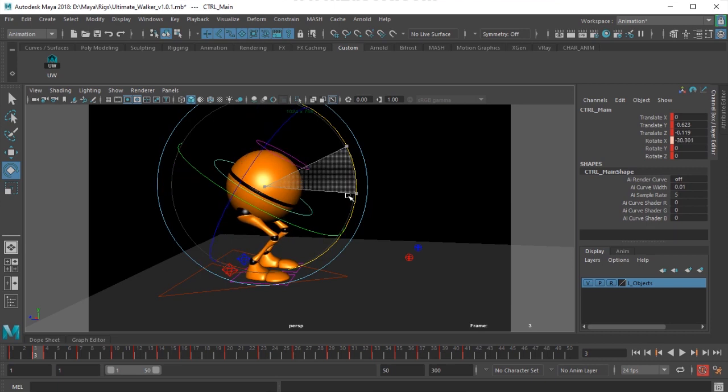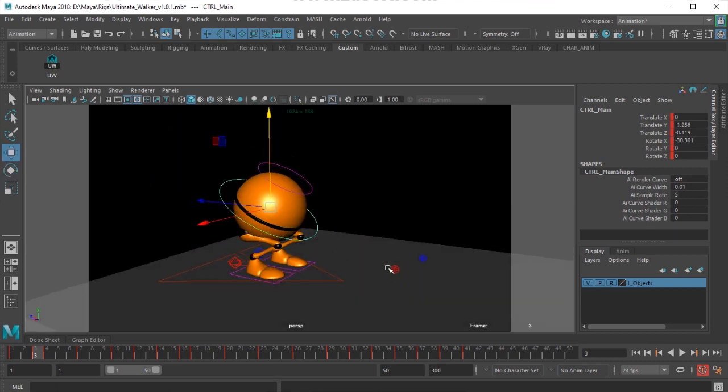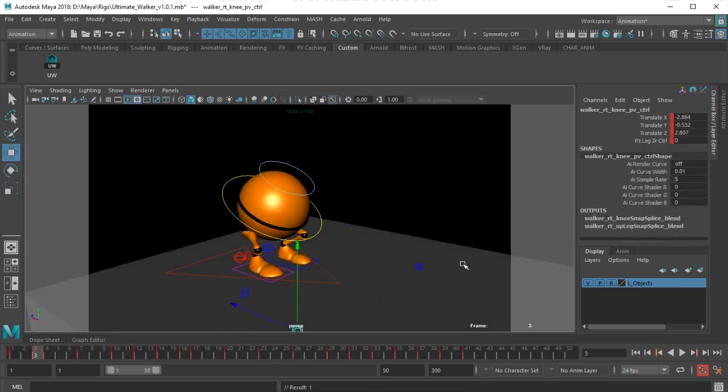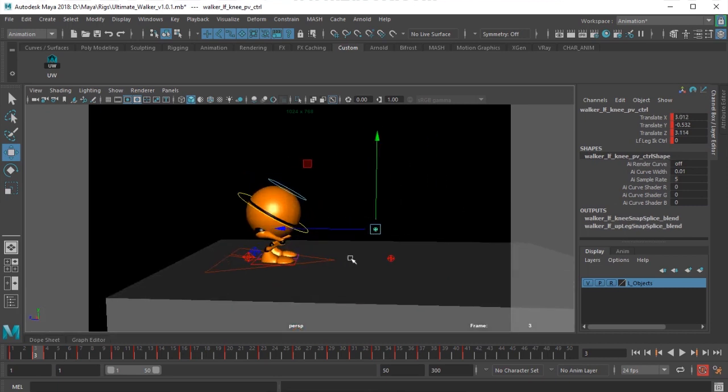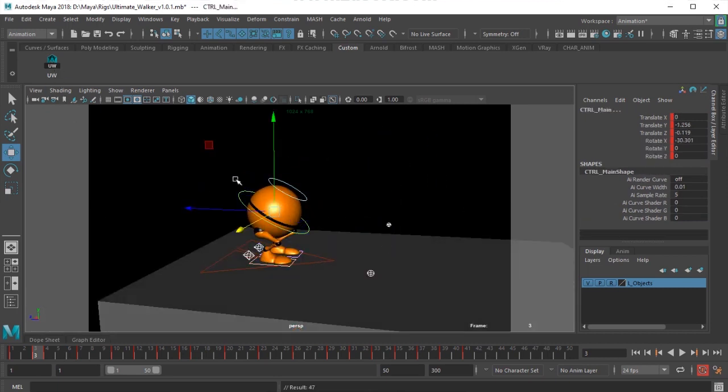I just select this control, rotate it down, just exaggerate this. Okay, so what I do is I copy this pose, do a set key. I mean this pose is in 2 frames now, so don't worry. I just open the dope sheet.